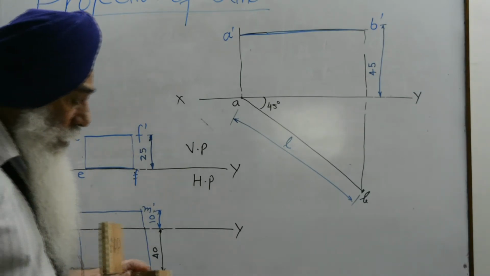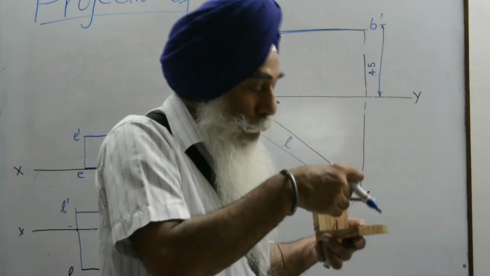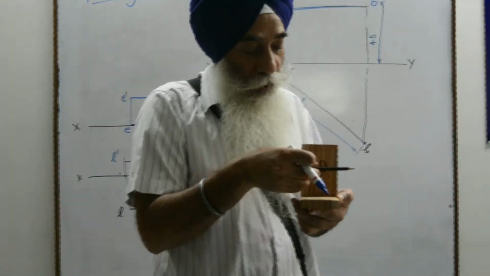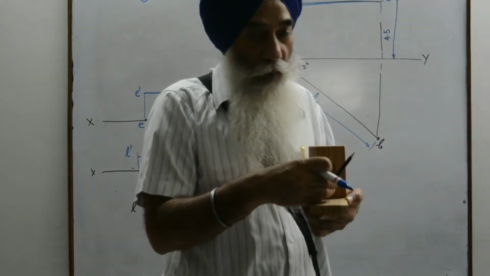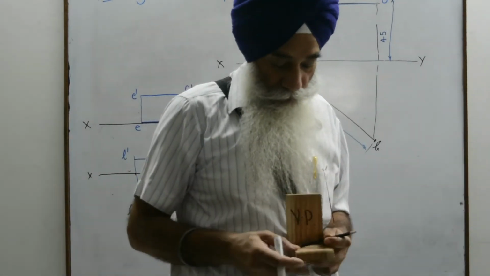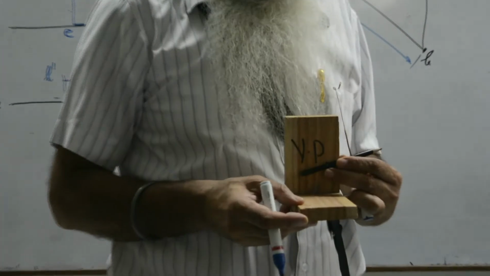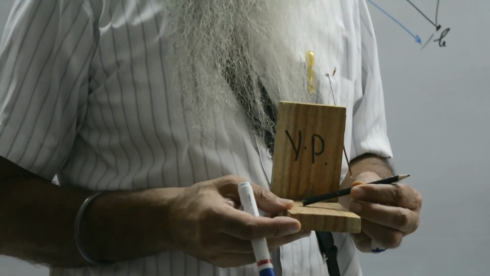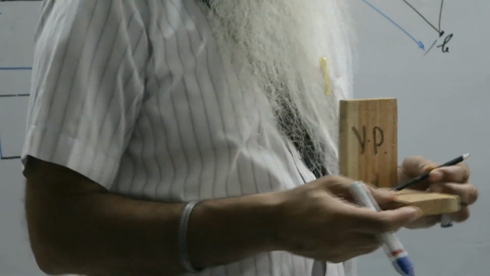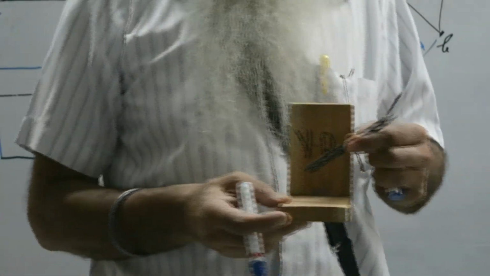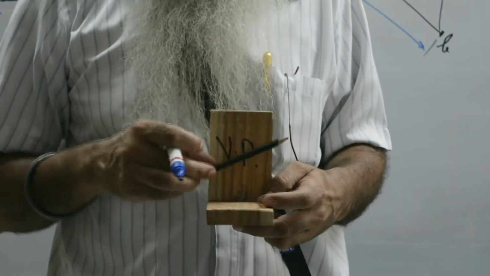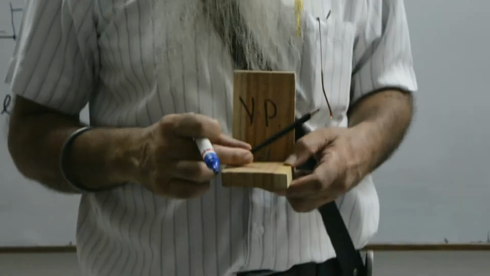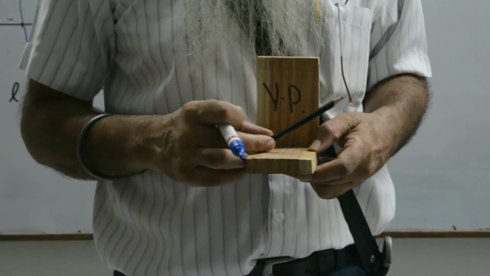Now the second view is when the line is parallel to the vertical plane and inclined to the horizontal plane. It is like this. This line is parallel to the vertical plane and inclined to the horizontal. And the inclination is like this. This line is parallel to the vertical and inclined. In this case,